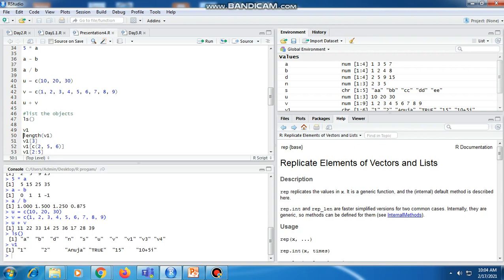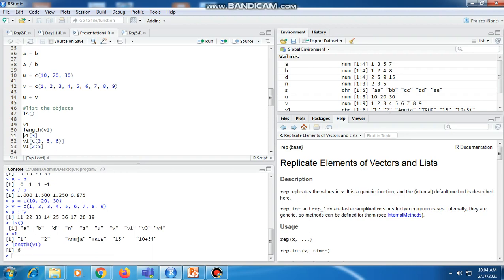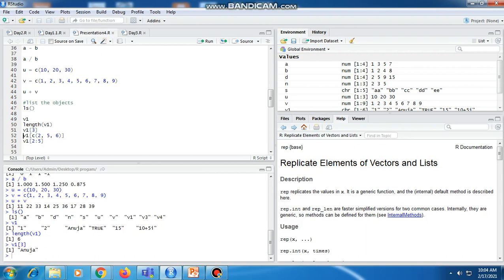If we want to check the length of a particular variable, there is a function length, and inside the brackets v1. Then if we want to know a particular value, v1 of 3 means it will show the string ANUJA.